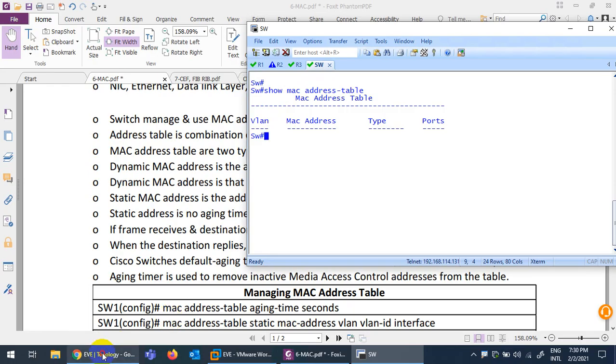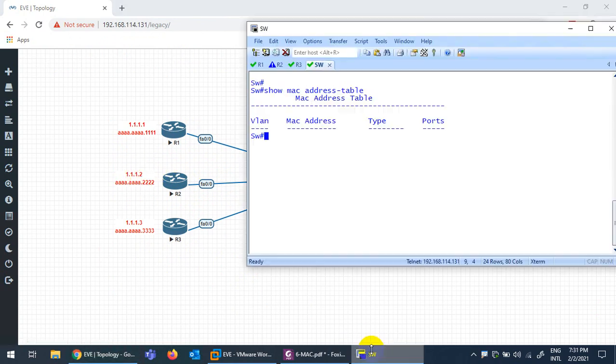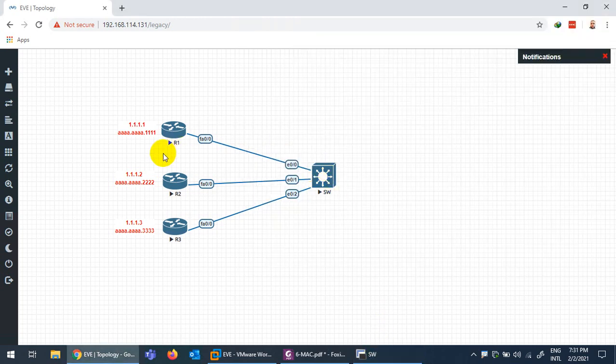So when R1 wants to communicate with R2 and sends traffic to the switch that it wants to reach 1.1.2.2, the switch will say, I don't have any record in my MAC address table, so I will shout and send the traffic to anyone connected to me. In this case, only three routers are connected, so they will ask all of them who is 1.1.2.2.